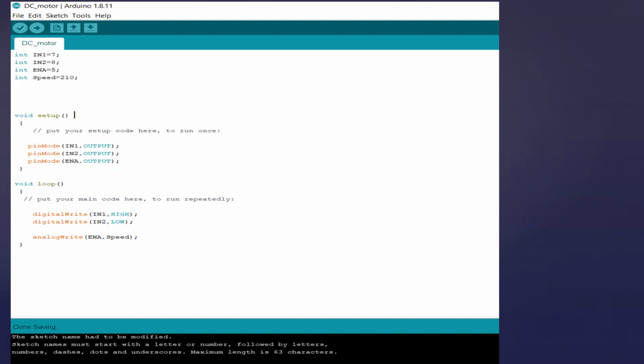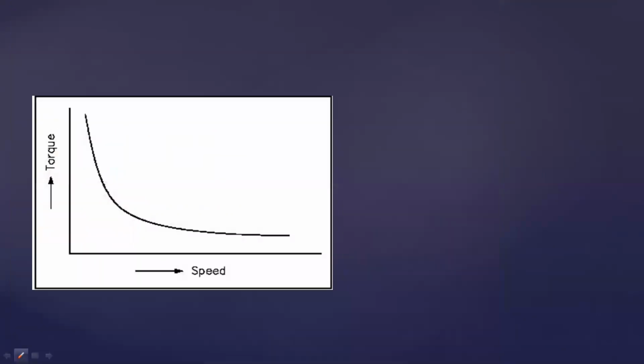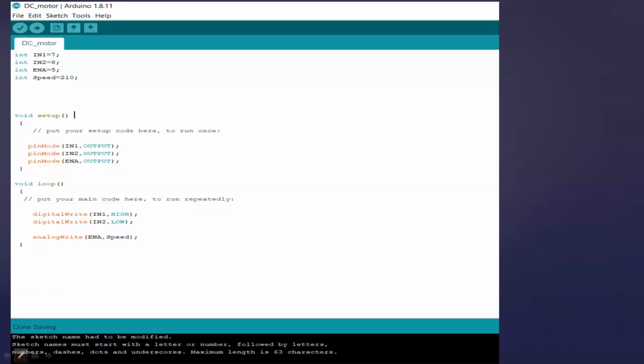So you can note down this program. The first part: in the Arduino programming language, there are two functions.